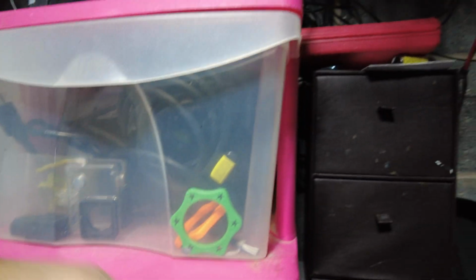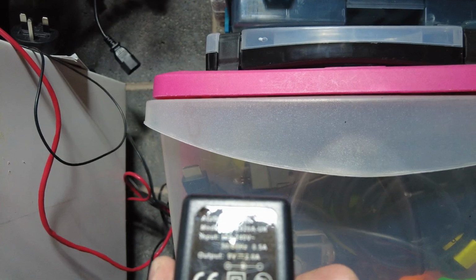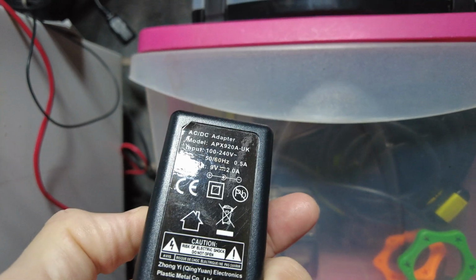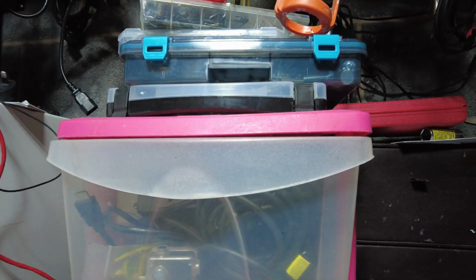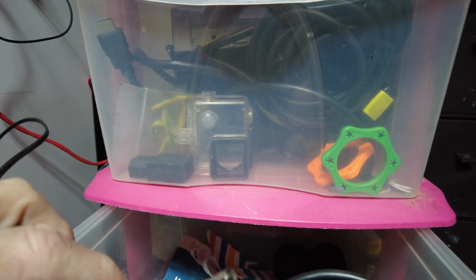Someone's playing music outside, so I do apologise for that. Trying to keep talking as we go along. And there's another one here. And this one is 9 volts 2 amps, so that one would work as well. So there you go, a little advice. Keep any old plugs. You never know when you might need them. Yes, I know there's a load of rubbish in my drawer, but you need rubbish in your drawer. Okay, so